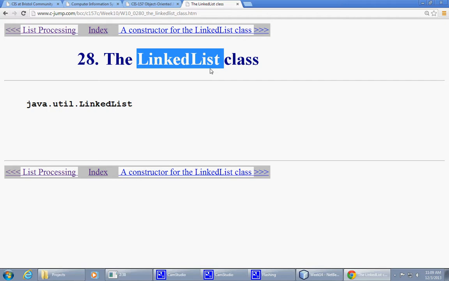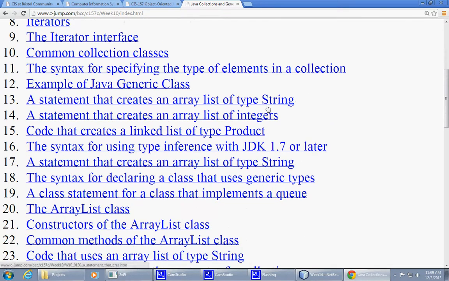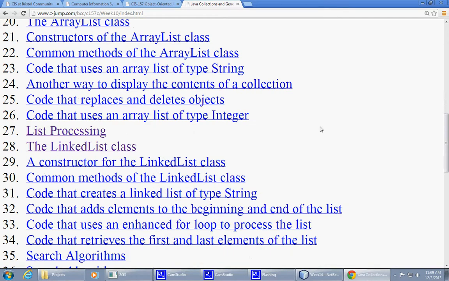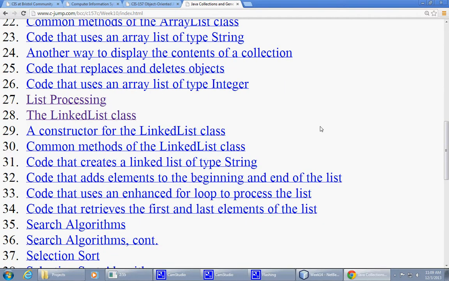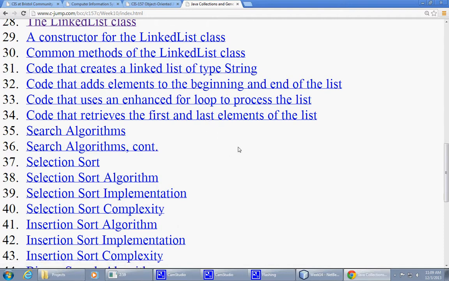I don't have any homework associated with linked list, but it's very similar to ArrayList. It's just that internally the storage is managed differently. The interfaces are very, very similar. So I'm going to try to skip that, and let's first look at